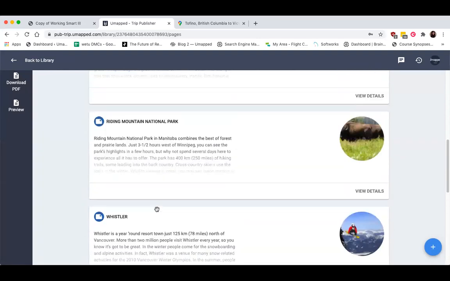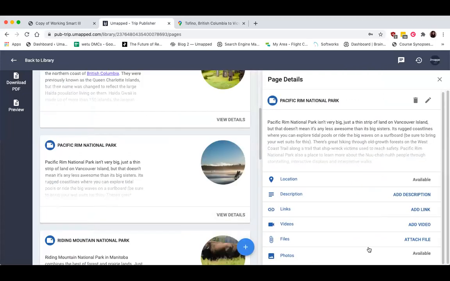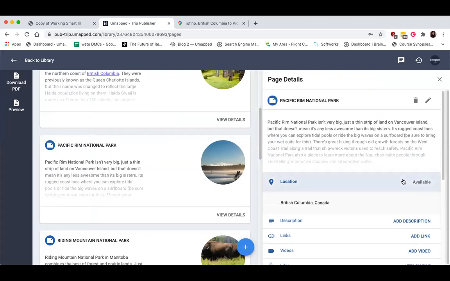So you'll notice, by the way, if I open up this page, view details, number of interactive content right here. And the one that says location, where I have added a location, is actually what's going to populate that map that I just mentioned. So if you're interested in doing this, just ensure that you're leaving a location in this field here when you're creating your pages, because that's going to generate the map.